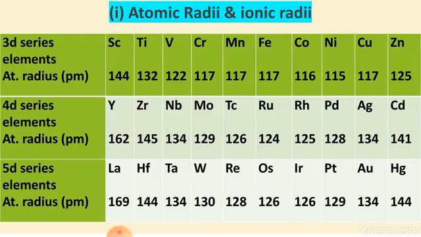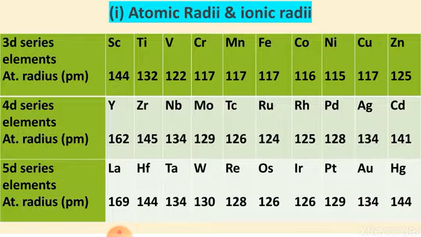So nowadays students, one more thing you have to note down: open the NCERT book and come to NCERT book table number 8.2. Here electronic configuration and some other properties of the first series of transition elements are given. So you have to focus on this table and try to find the order, increasing or decreasing or similar conditions, and also you have to find the reason, which I also explain here.